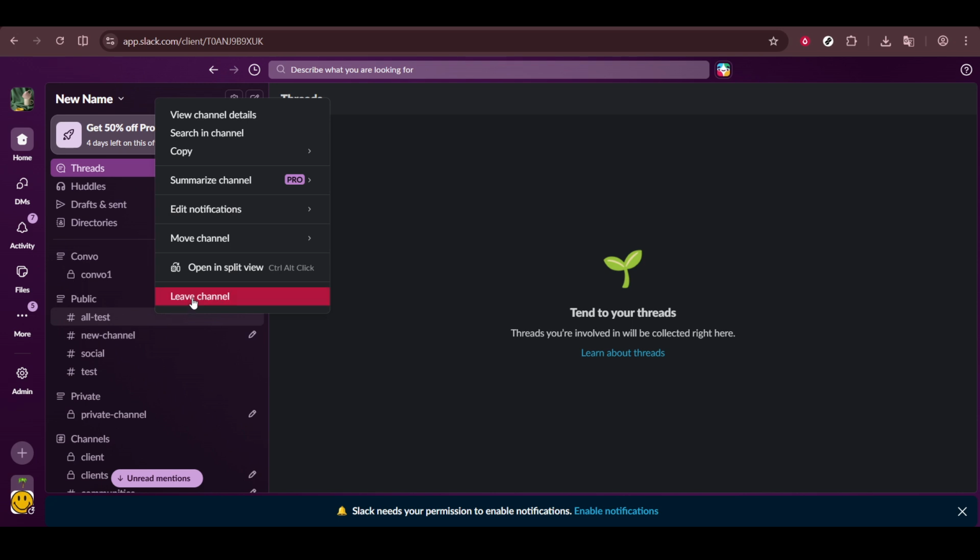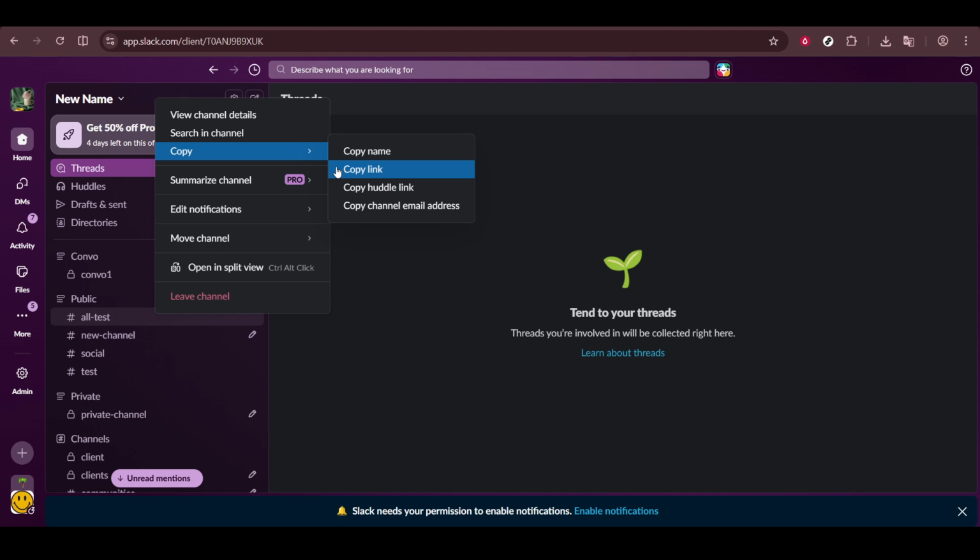First, there's Copy Name. This puts the channel's name, including the hashtag, on your clipboard. It's useful when you need the exact channel label for documentation or a message. Next is Copy Link. This is the one most people want. It copies the direct URL to that channel so you can paste it into a message, a document, or a